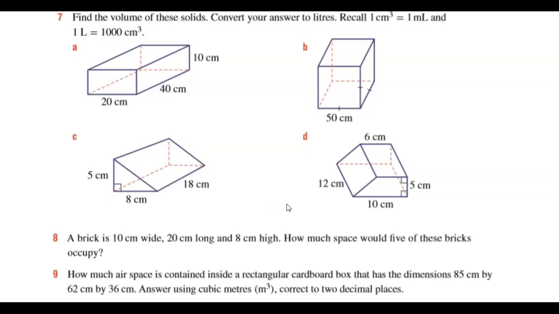And then for question D, that constant cross section is your trapezium on the front. Now, if you didn't see that as a trapezium and you saw it as a rectangle and a triangle,